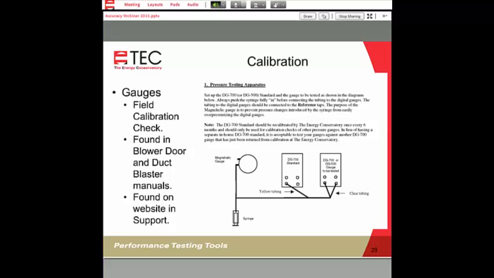These syringes can be commonly found at hobby shops. You don't need a really super big one. You just need one that's generating a little bit of pressure. And what we're looking for is what's the value on the standard DG700, and compare that. We're checking the calibration of the second gauge. So we're taking this and running it. We're basically making a T to 3 different pressure ports. So this is how you would set this up.